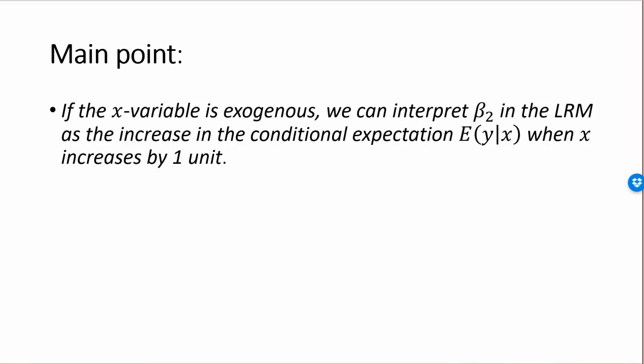Or we could look at, what's the expected decrease in demand of a good if we increase the price by 1 unit? What's the expected change in the total revenue for the government if we change a parameter in the tax system by 1 unit, and so on and so forth? We are often interested in derivatives of conditional expectations with respect to various